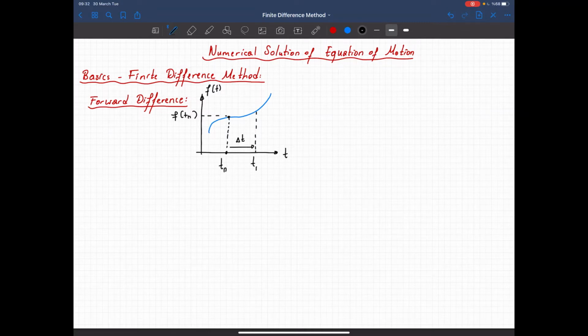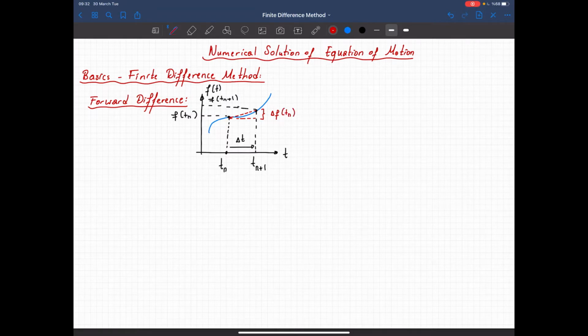And now we are at t n plus 1. So this one is f tn plus 1, and we are interested in the slope between these 2 points. So we are just linearizing the variation between these 2 points, and that will be delta f